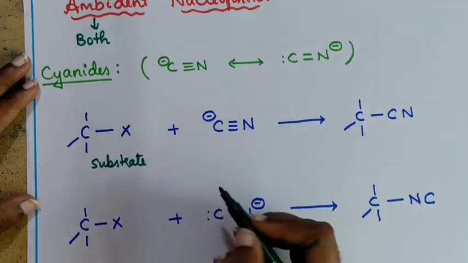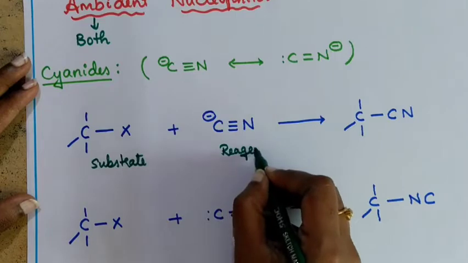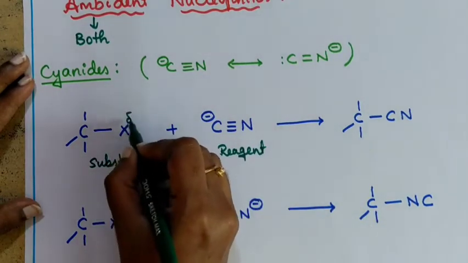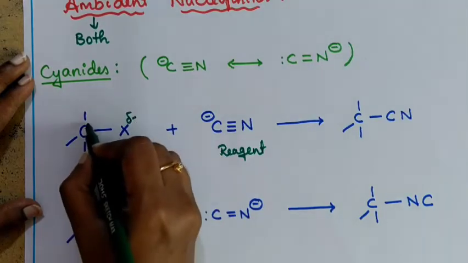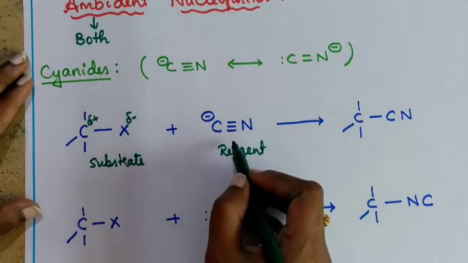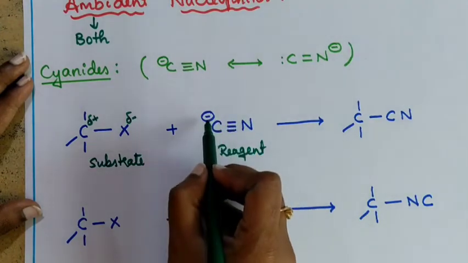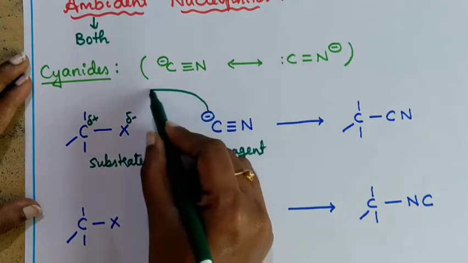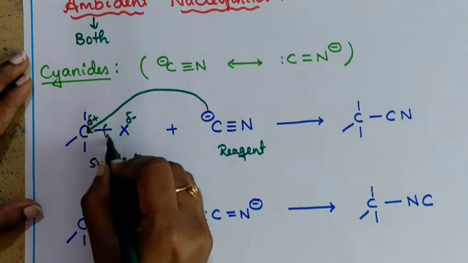And we have taken CN cyanide, that is the reagent, or you can also call it the nucleophile. We already know that the halogen is going to get a delta negative charge and carbon will get a delta positive charge. Correct? This nucleophile will attack the substrate. So what happens? The negative charge is with carbon, so this carbon will go and make a bond with the carbon of the alkyl halide. This bond will break.